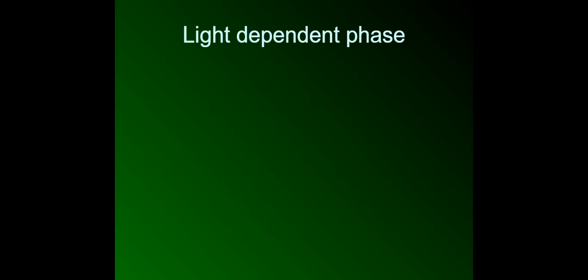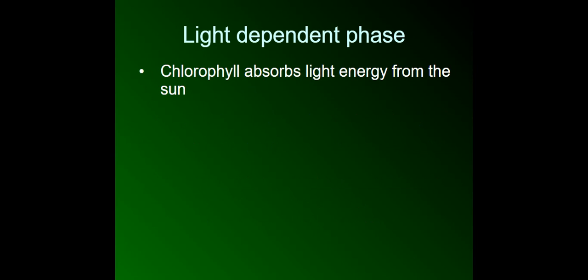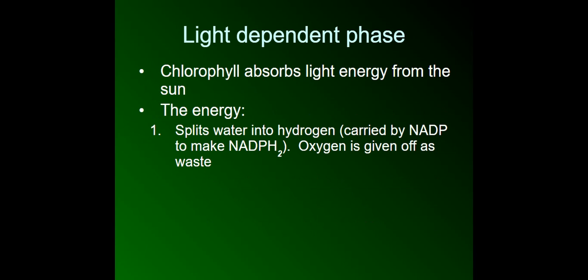Okay, we'll start looking at the light dependent phase. So chlorophyll absorbs light energy from the sun. Okay, the sun is the vital source of light, and we need that energy. So the energy, okay, first of all,